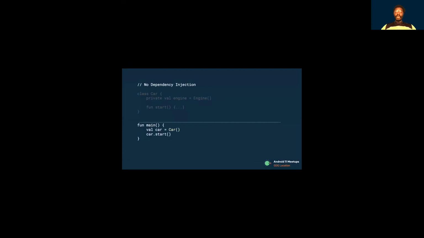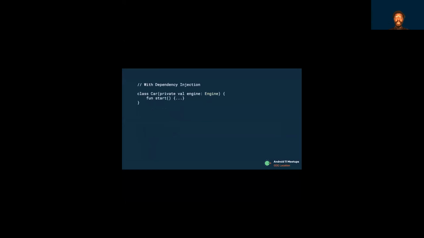If we want to create two or three instances of car, we need to create two types of car instead of just the same car, with engine maybe gas and electric. This also makes testing more difficult, because car is using a real instance of engine.